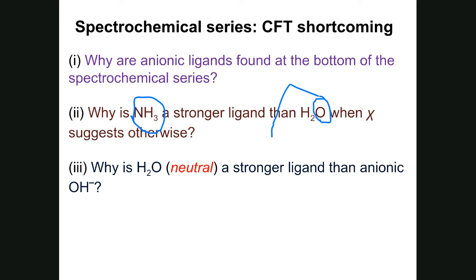The other important observation is that if you look at the spectrochemical series, you will see water being a neutral molecule, but being a stronger ligand or being found to the right of the hydroxide, which is an anionic ligand. We expect anionic ligands to split the d orbitals to a larger degree than the neutral ligands, but that is not the case. So